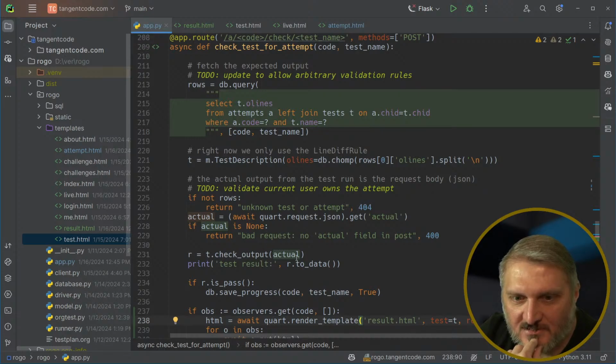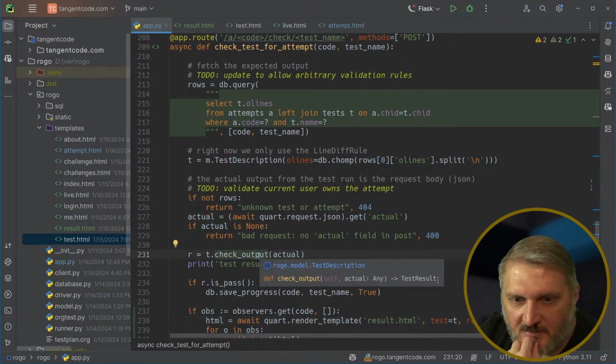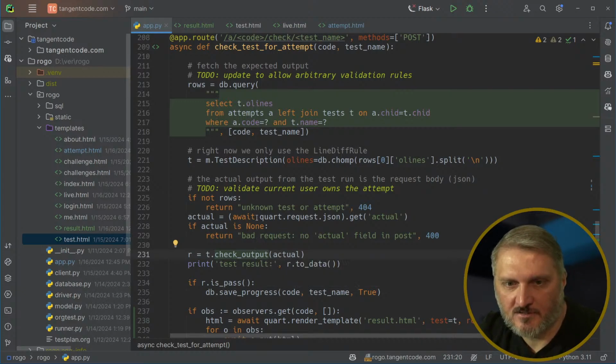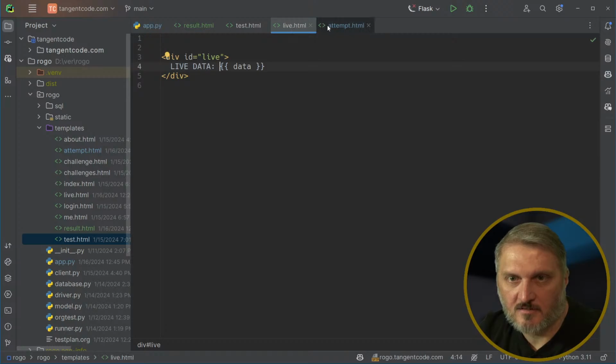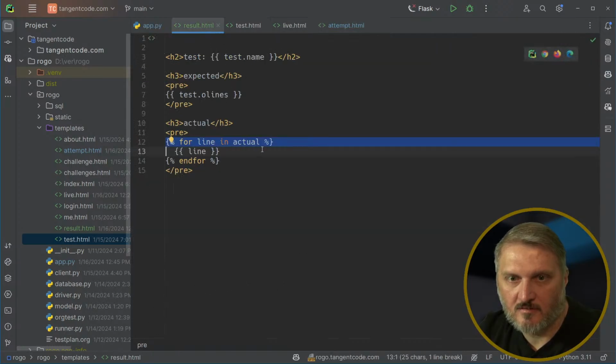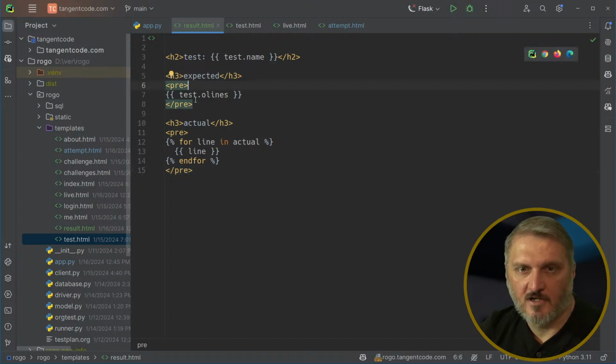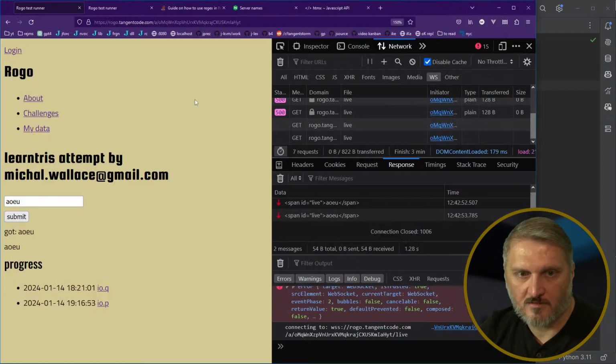So actual is none. Check output actual. Actual here is expecting what? String. I'm pretty sure this is a string. No, it's not. It's a list of strings, because we're getting JSON. All right, so yeah, I do need to say that, an actual line. Okay, so if I run this,